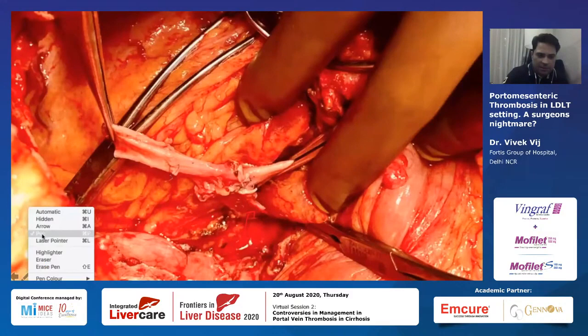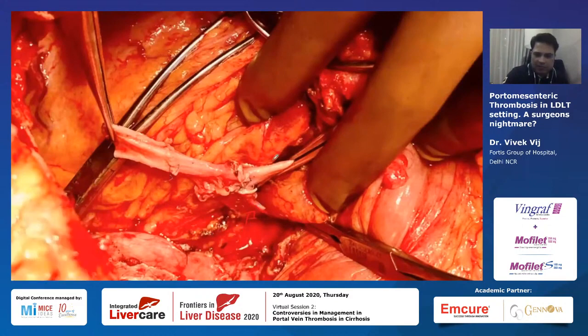I'll pick up another color. This was from the renal vein graft, and this graft was from the SMV, not splenic vein, sorry, SMV graft. So SMV, renal vein here somewhere, put a graft, elongated the renal vein, then did a venoplasty of this SMV and renal vein, put another graft to make one channel out of it, and then another channel drained into the new liver. So this is how we made a Y-plasty, where the collateral flow was flowing through this vein and SMV flow was flowing through this vein.